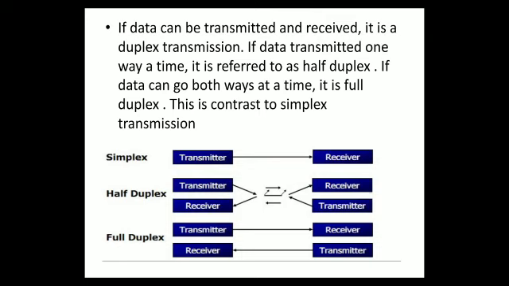Now the best example of this is called a walkie-talkie. I think you might have seen a policeman having a walkie-talkie. Either you can receive or you can send, but you cannot do both jobs at the same time. Either you can receive the data, and after some time, if you want, you can also send the data, but at the same time both sending and receiving is not possible. That type of communication is called half duplex communication.